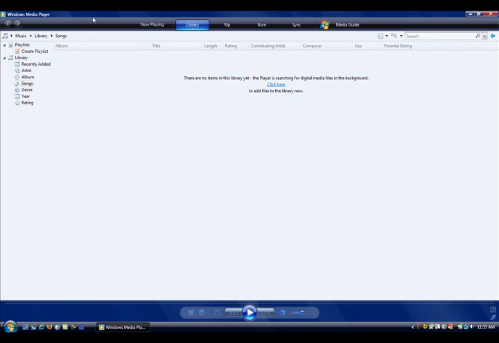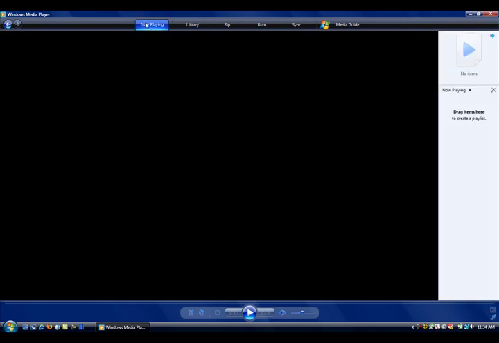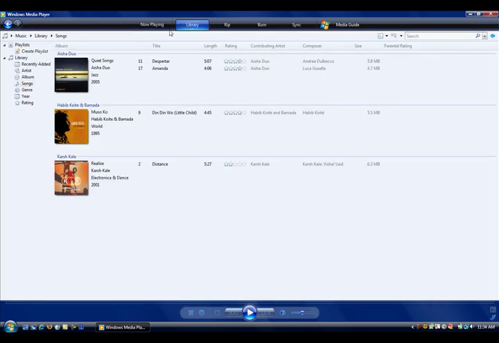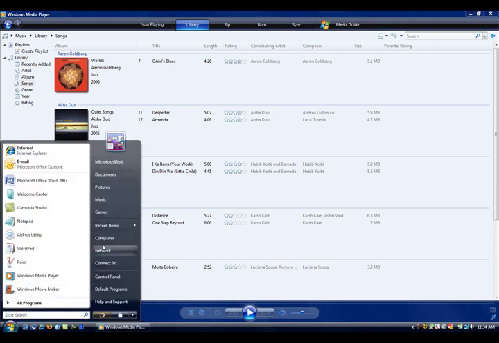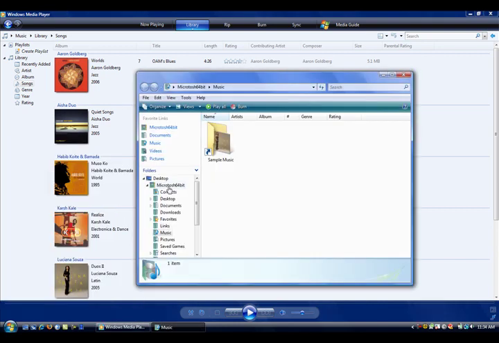It's very straightforward. Media Player is by default your jukebox for Windows. It's the equivalent of iTunes on a Mac, but Media Player is very nice, especially if you have a Zoom player, and of course you have your various music. This is sample music coming from the music folder here. You have some sample music,